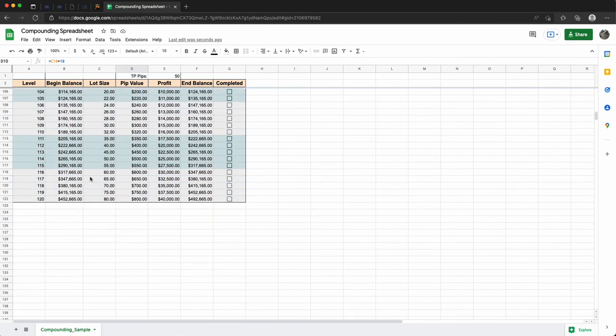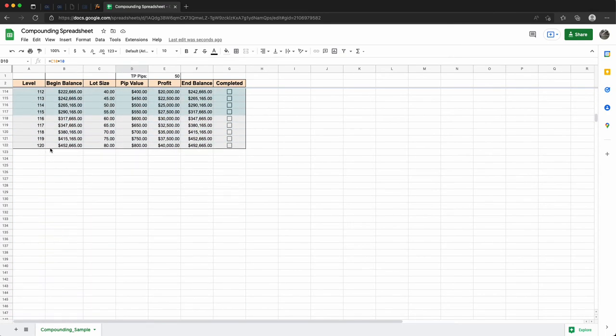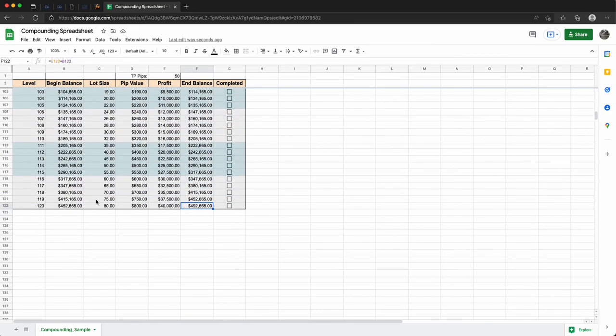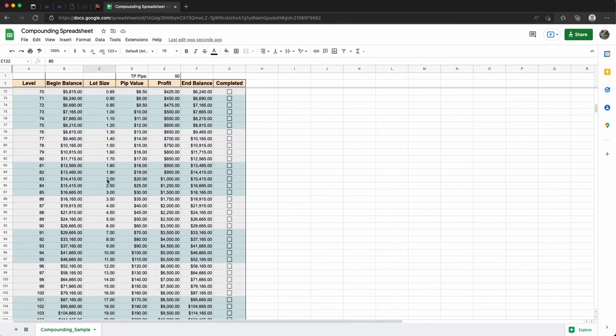And then you can adjust this accordingly. If you increase to 25 pips 2 trades per day, then you will be at 450. By the end of this level you will be almost at a 500,000 account. I know it's an 80 lot size, you will be trading 80 lots, but it doesn't matter, if you are building from